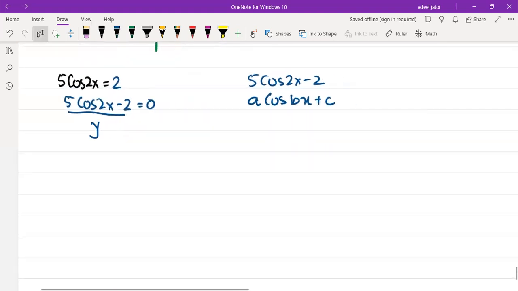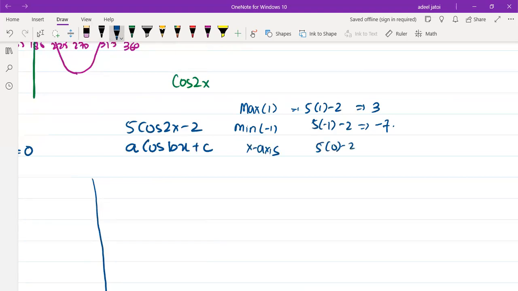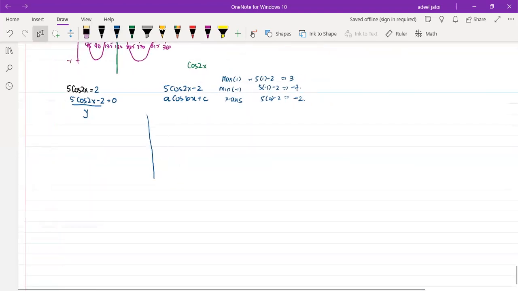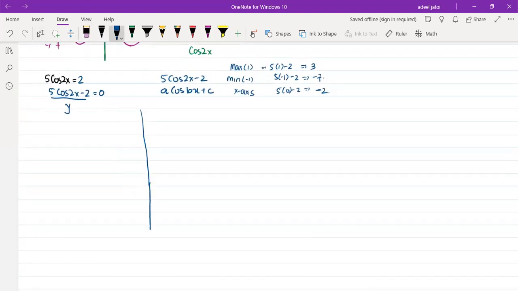How are we going to graphically represent this? We already know that for cos 2x, the maximum value is 1. So 5 times 1 minus 2 is 3. The minimum value is minus 1, so 5 times minus 1 minus 2 is equal to minus 7. And on the x-axis, it is 0, so 5 times 0 minus 2 goes to minus 2. So if I draw up my graph,